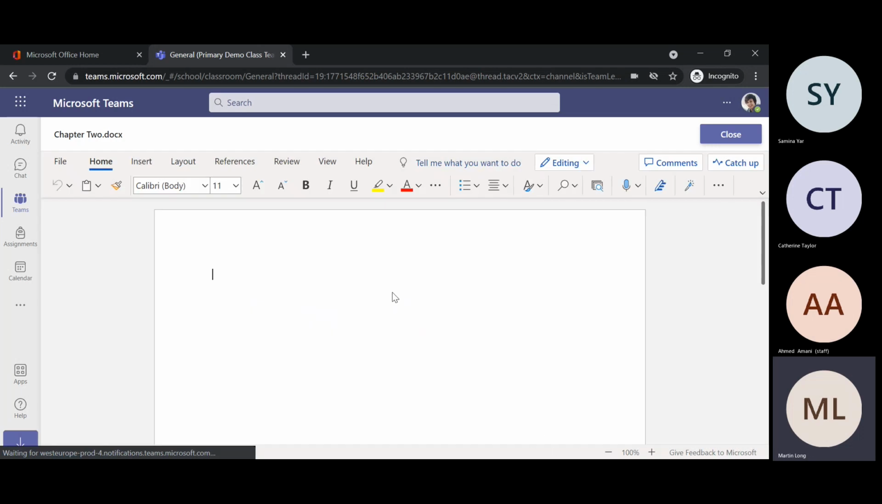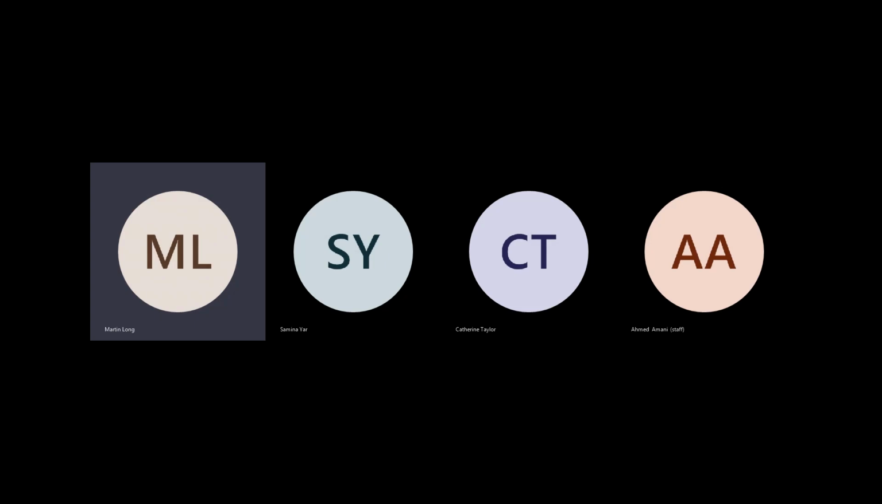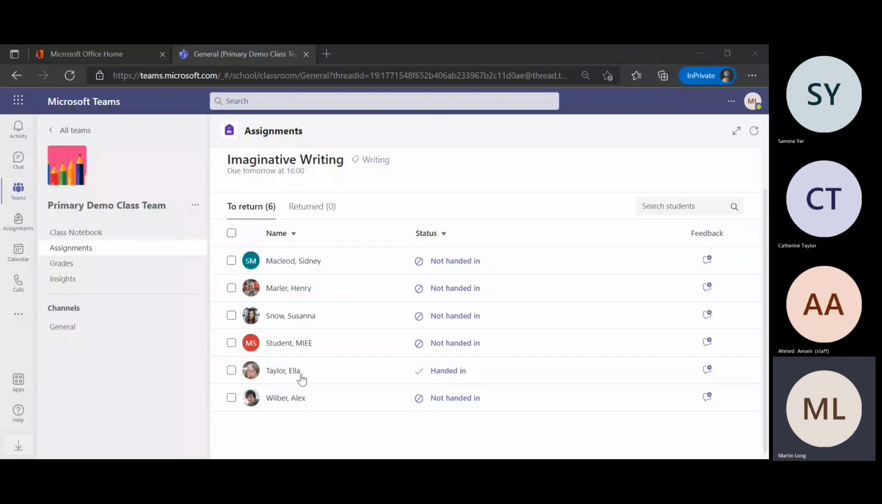You could give some prompts if you wanted to have a scaffolded template, and you set that when you're setting the assignment. They will type into there, they hit the close button, and then they hand that in to me once it's finished at the end. What that looks like back on the teacher side, if I swap over, is over here. You can see that Ella was really diligent and she's already got that homework in ahead of